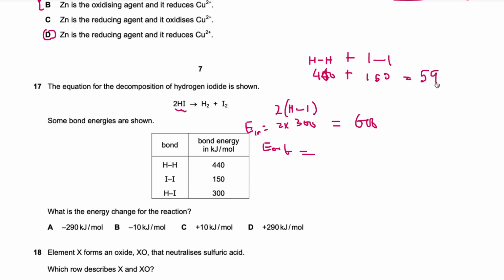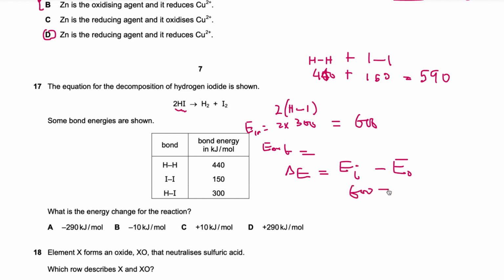590 kilojoule per mole. Even if I don't write that, you already know. Now, to calculate your energy change, it is the energy in minus energy out. Change in energy is equal to your energy in, I'll just put only I, minus energy out, I'll put only O. Minus energy out. So which means our energy in is 600